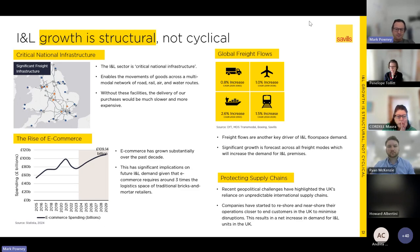It's also important for protecting supply chains. We now know we're in a Brexit world. A lot of companies might have said, I'm going to put my manufacturing in Eastern Europe because it's cheaper. Now there's war, there's Brexit, there's all these things. A lot of UK businesses are bringing their operations back to the UK, so they're not going to be impacted by supply chain breakages, whatever that is: war, political things, macroeconomics. So that reshoring and nearshoring, bringing stuff back to the UK, is also increasing the need for more